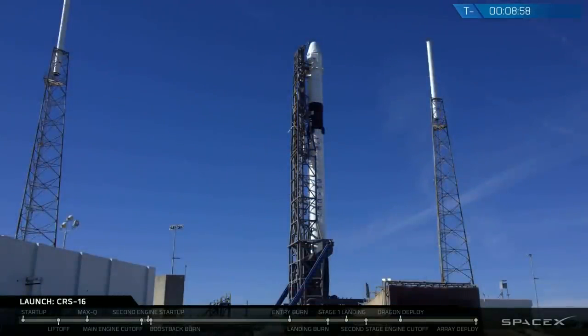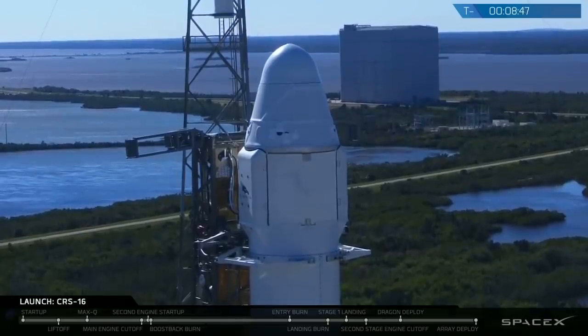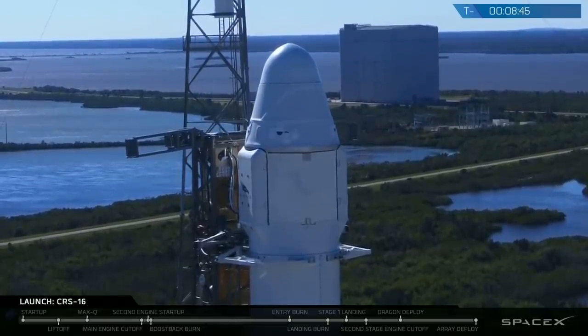In 2010, SpaceX became the first private company to send a spacecraft to orbit and then return it to the Earth. And then 2 years later, in 2012, Dragon became the first privately developed spacecraft to visit the space station. Since then, SpaceX has made a total of 16 trips to the station, 15 of those as official resupply missions,